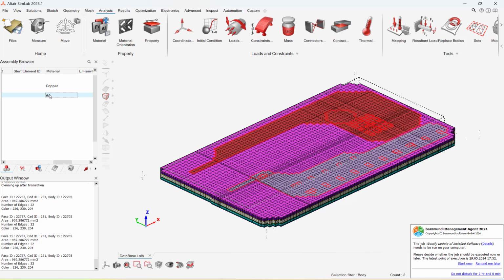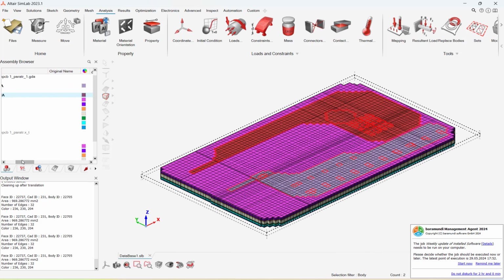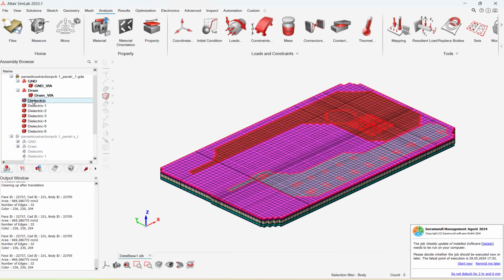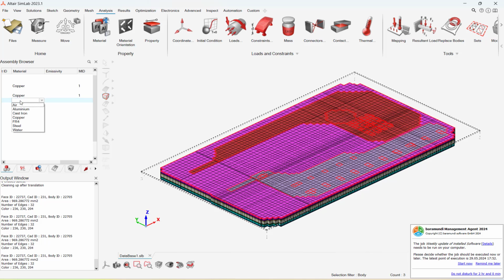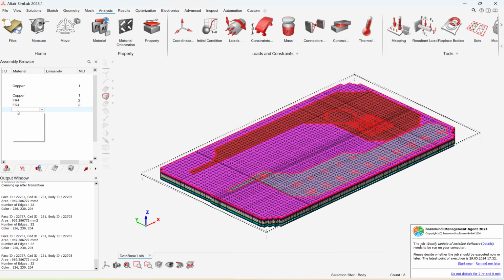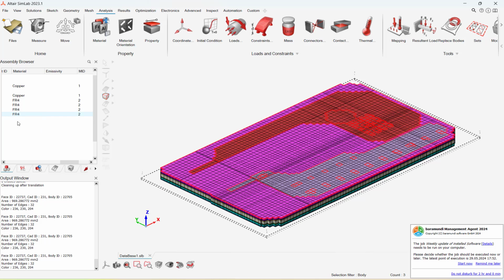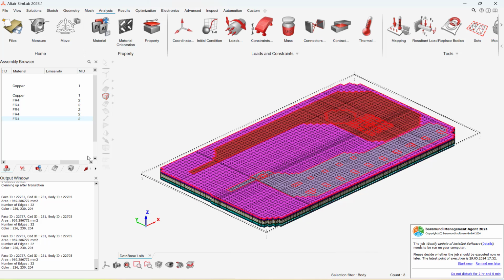Go to Material, select copper. Finally, for the dielectric materials, we can assign them as FR4. In this way, we need to assign materials to all the bodies.